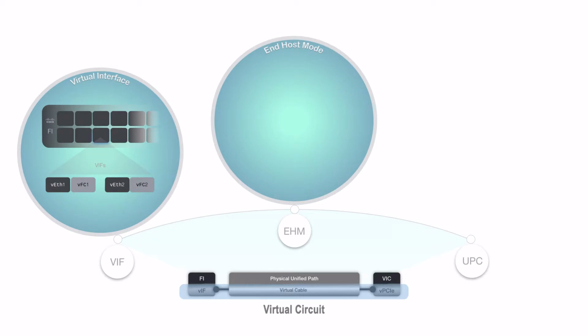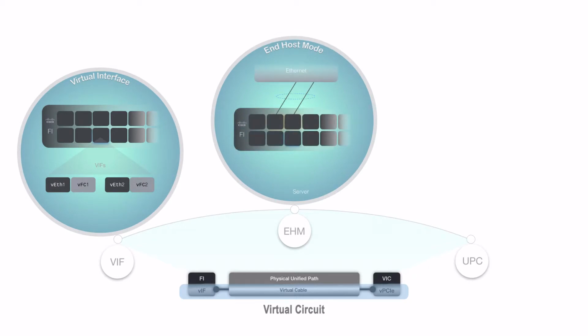Naturally, the FI's ports connected to the data center Ethernet component are set to uplink mode. As we mentioned, it's recommended to bundle these links in an Ether channel. End host mode is the default and recommended forwarding mode for the FIs, which comes with many operational benefits. Spanning tree is completely removed, which allows all uplinks to forward traffic for all VLANs, and the FI, being completely transparent, presents a set of hosts to the network